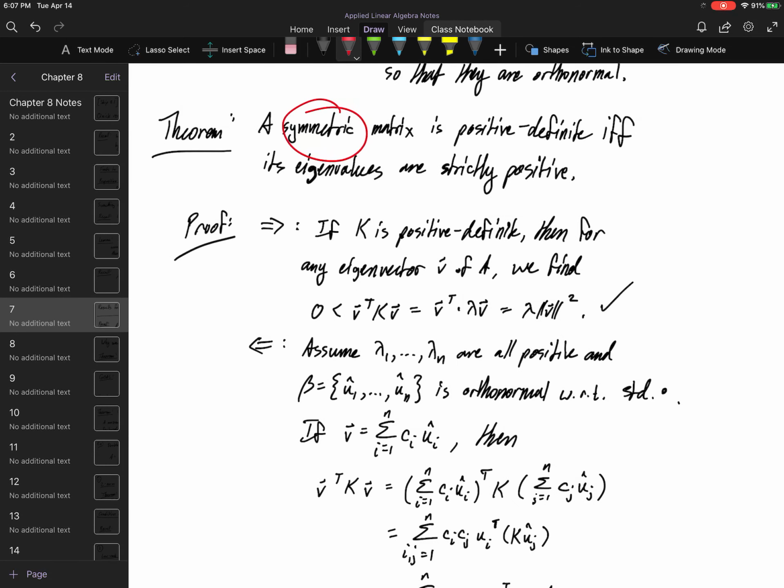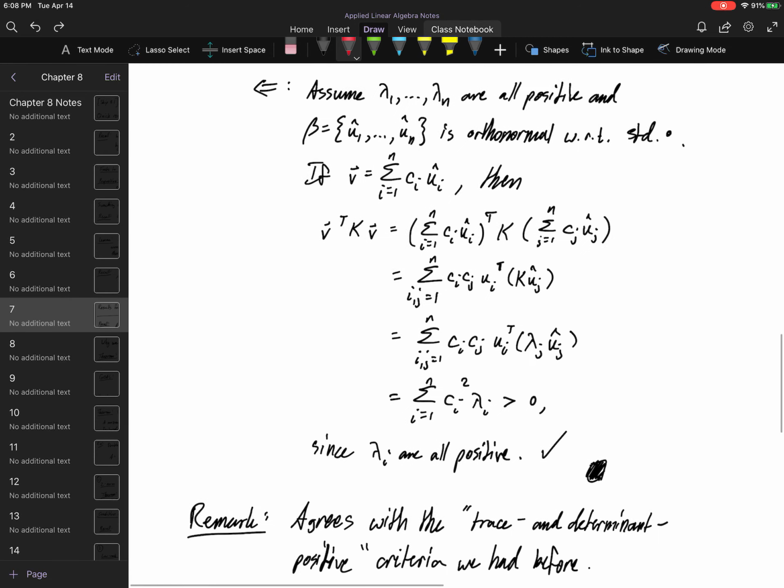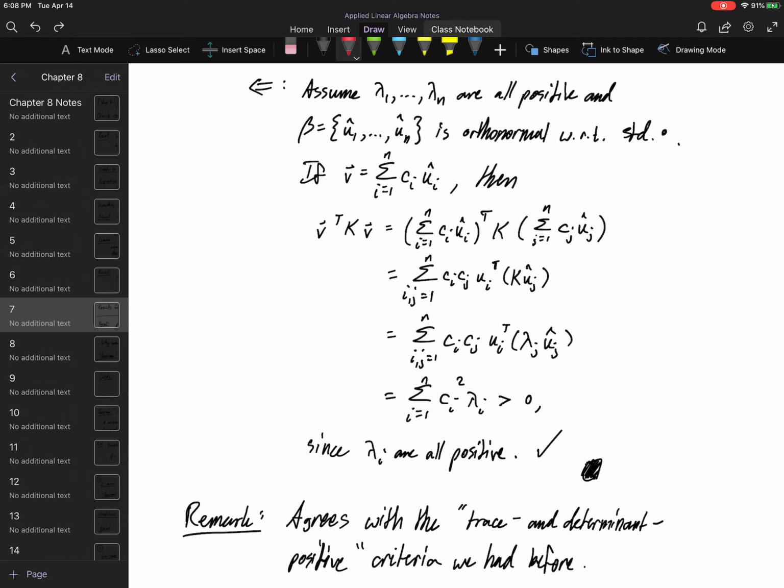Specifically, this is a symmetric matrix, so I'm guaranteed an orthonormal basis of Rn. That's why this exists, and I'm doing this with respect to the standard dot product. So if I have an arbitrary vector V of Rn, I need to show V transpose Kv is a positive number. If I do this out in these orthonormal coordinates, I follow the computation down,